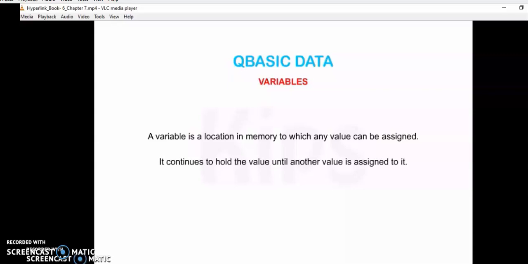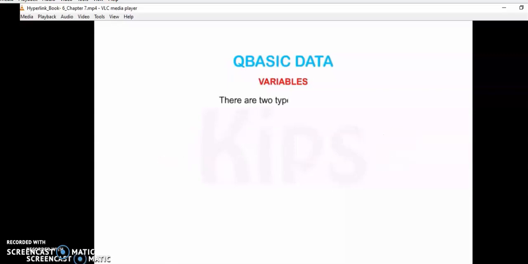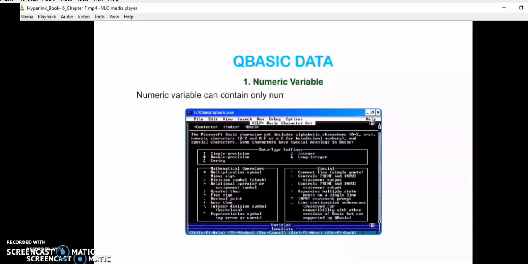Then come the variables. Variables means we need a location in which any value can be assigned. It holds the value until another value is assigned to it. In that also we have two types: numerical variable and alphanumeric variable. Earlier we learned constants have two types, numerical and alphanumeric.